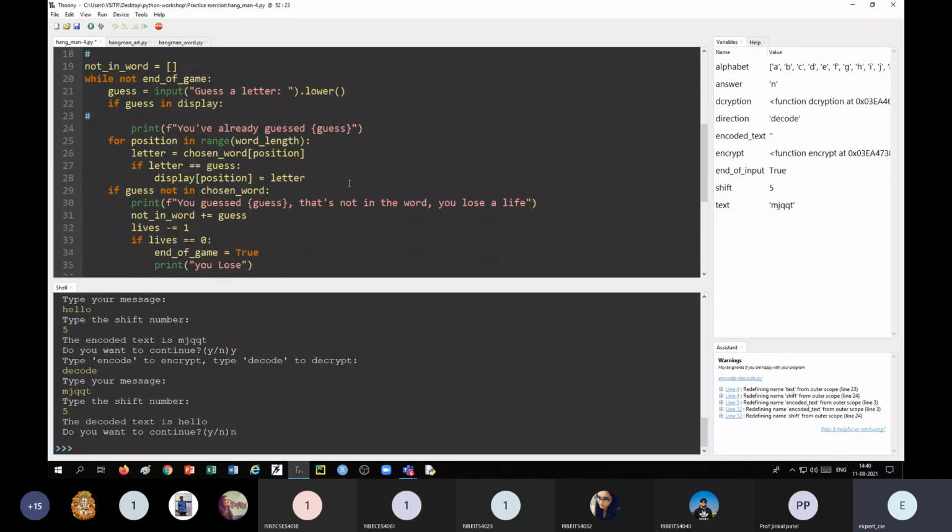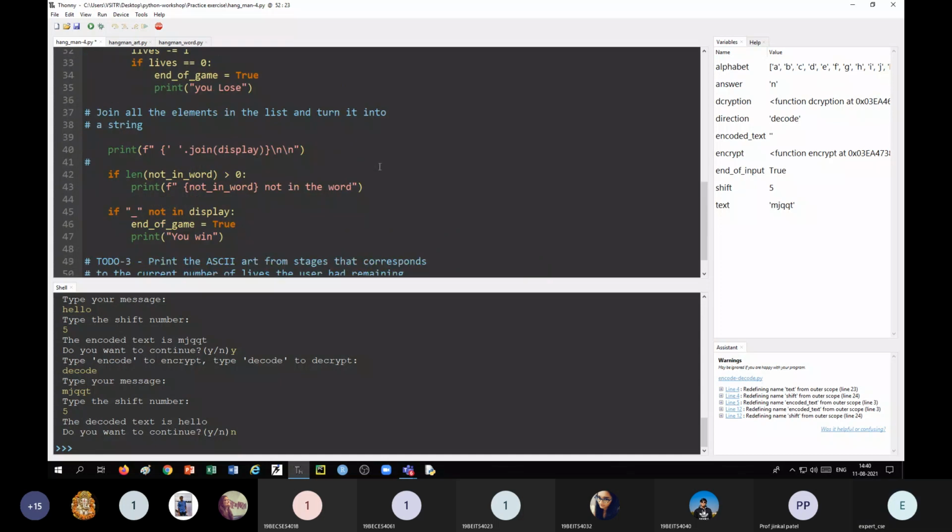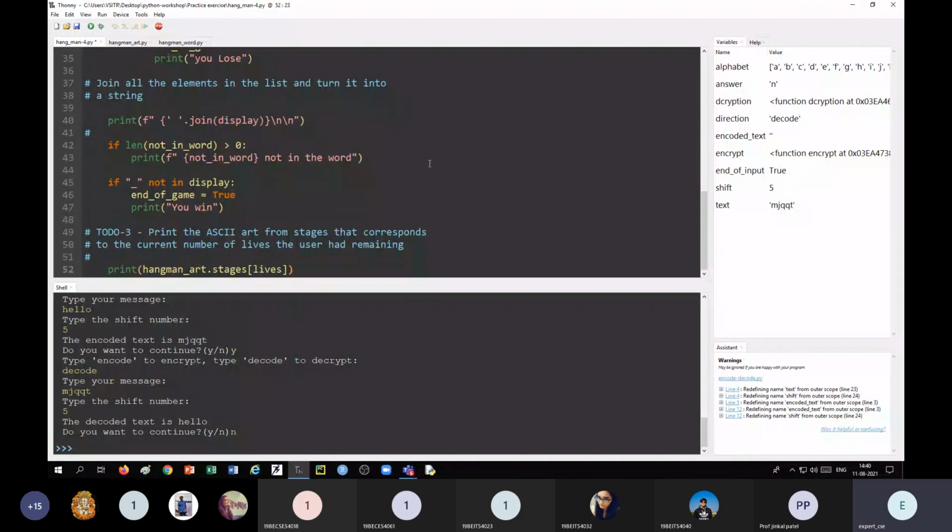Second, particularly the letters which are not in the word, those letters we should also display. Similarly we create one more list, not_in_word, and we add all the letters which are not in the word. Now let us see what happens if we run this.